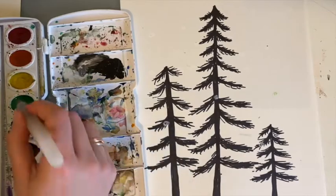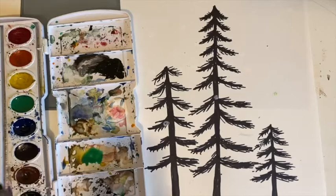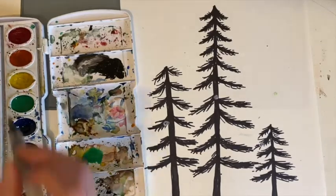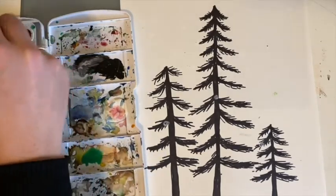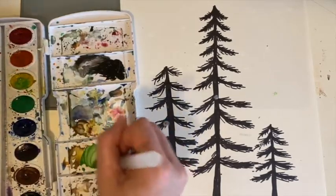I'm going to mix my green with a little bit of yellow to make a lighter green. So I'm going to put green in the lid, wipe off my brush on paper towel, and then I'm going to take yellow, mix that in with my green to make a nice lime green color